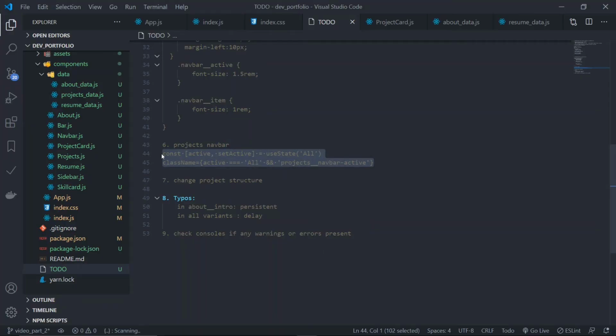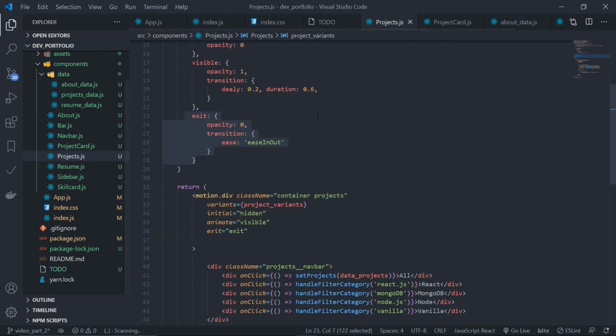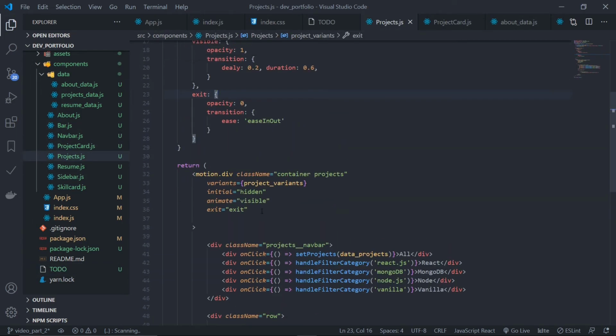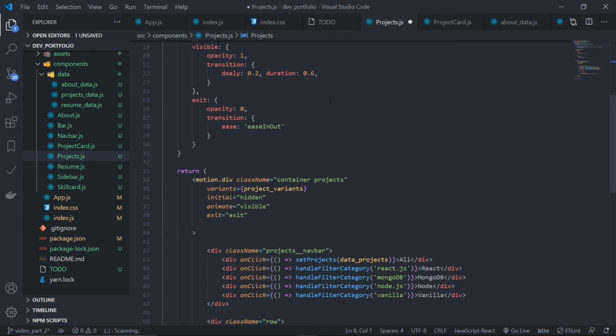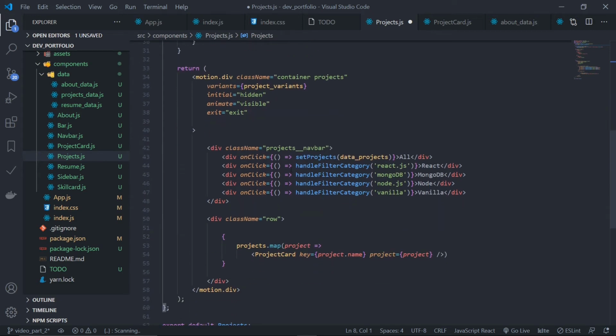Okay, fine, just go to projects navbar. Yeah, projects, cool. Okay, that is fine. At the top I will create a state which will hold our active element, I mean which one is active. On first render it should be all, that is the basic concept. And now when I am clicking,